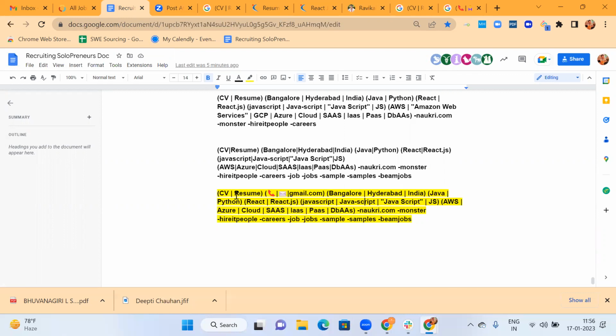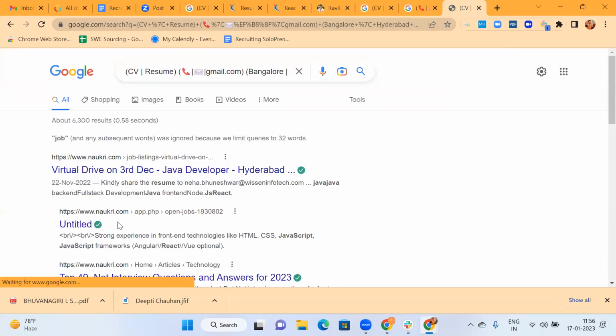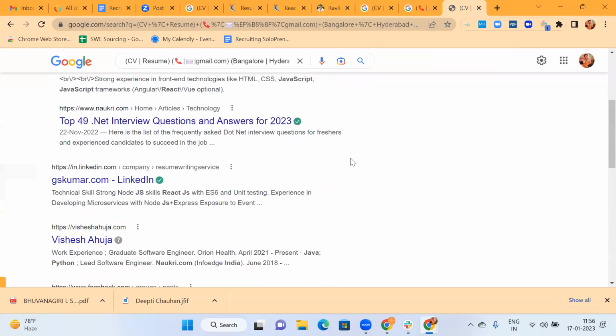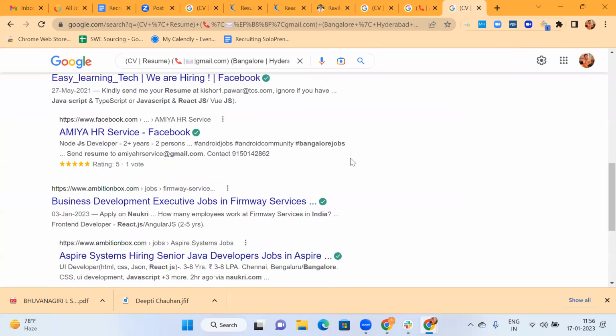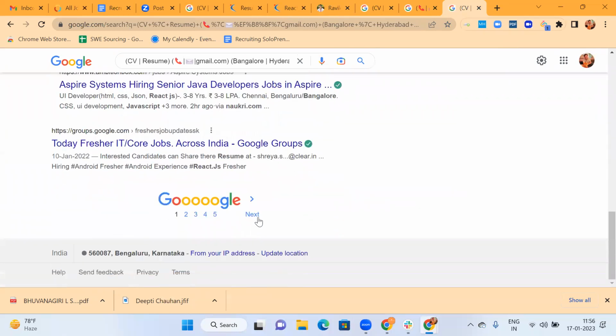Any doubts on how to use not? On Google, it's simple. Just use minus, and whatever keyword you want to exclude, that keyword should be in continuation. Now let's say if that keyword is not in continuation, I just remove the minus, space Naukri. You see what happens. We started getting results from Naukri, because it has understood Naukri as an additional keyword, but it did not understand that we wanted to remove it.